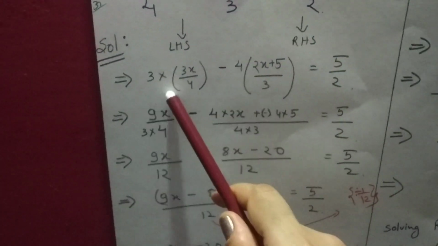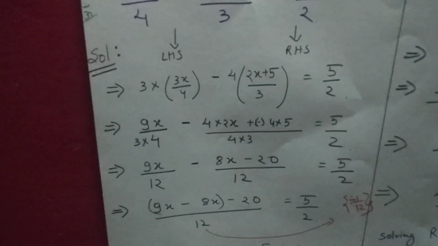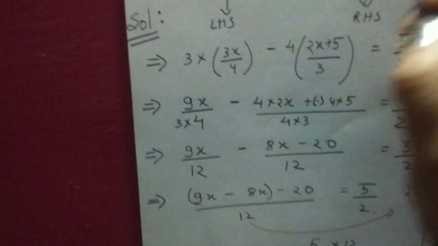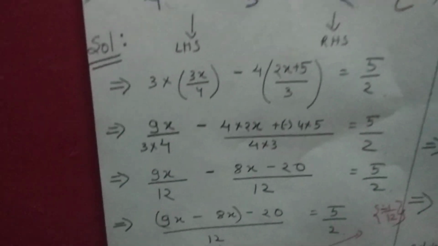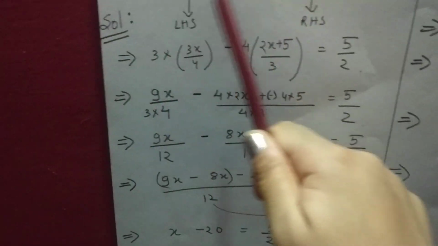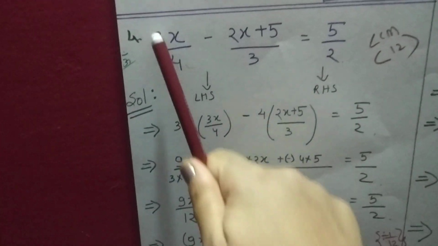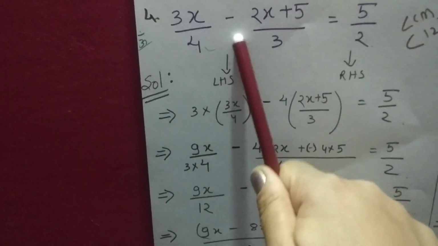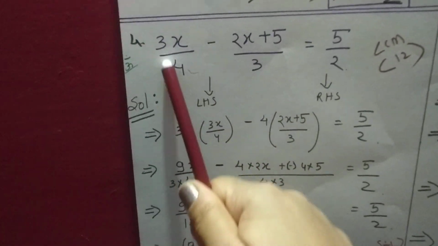So the first thing we will do is make the denominators equal. दोनों denominator same होने चाहिए. To make the denominators the same, first we will find the LCM of 4 and 3. The LCM of 4 and 3 will be 12. Okay, so we have to make 12 here. How? Simply on this whole term, multiply 3 here, 3 here. Why are we multiplying 3 with 4? Because 4 3s are 12, and we have to bring 12 here.